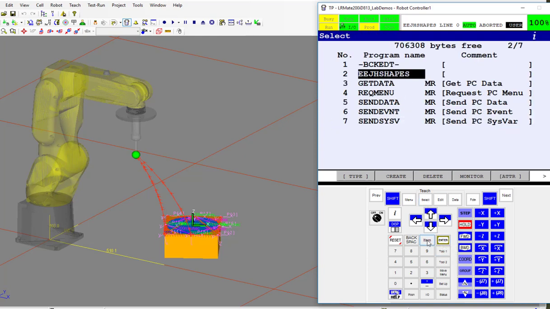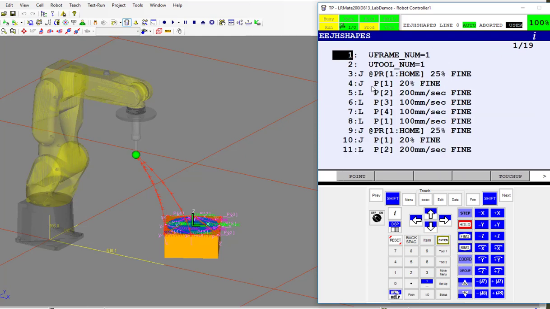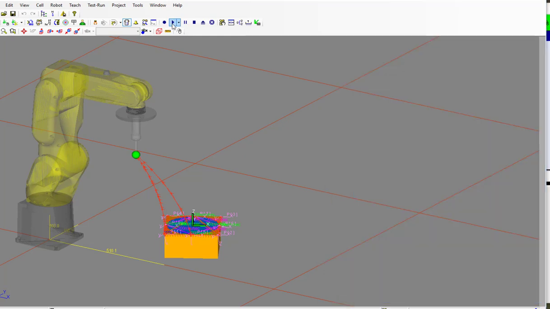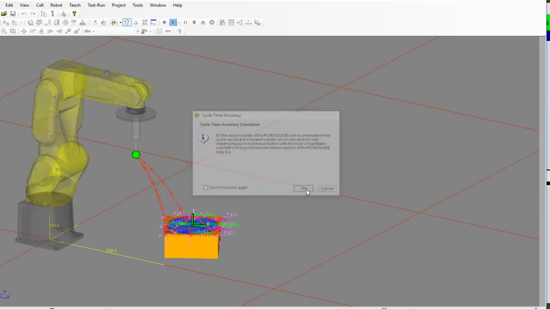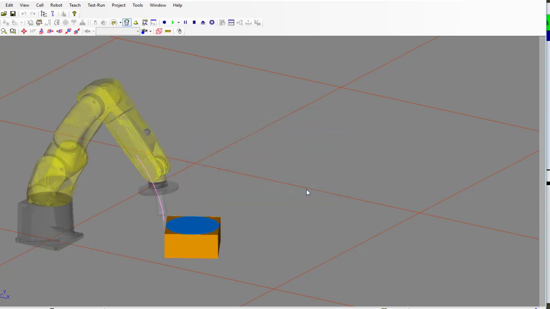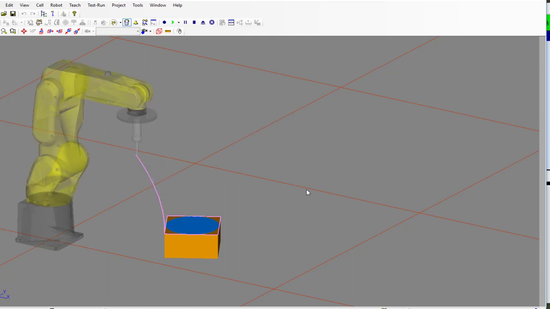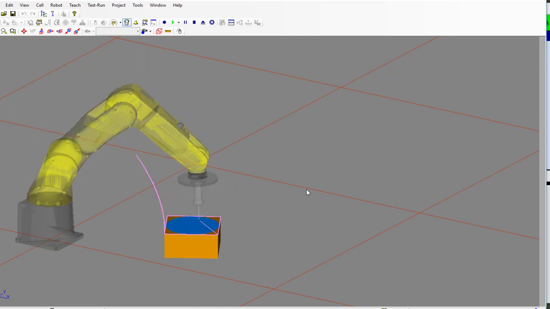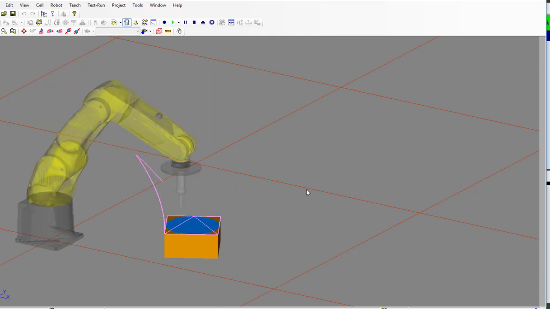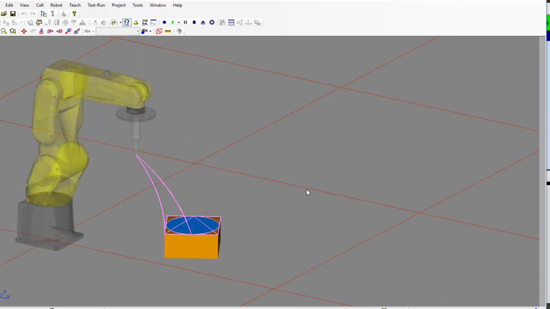So there's my shapes program. Just going to click enter to bring it up, and I'll test it, and this is what it should look like. It should trace a square, a triangle, and a circle. Okay,